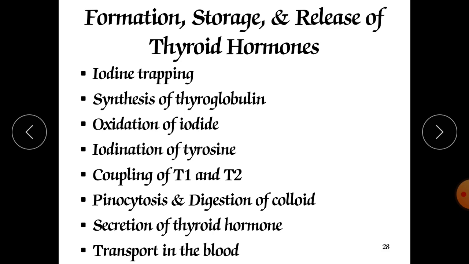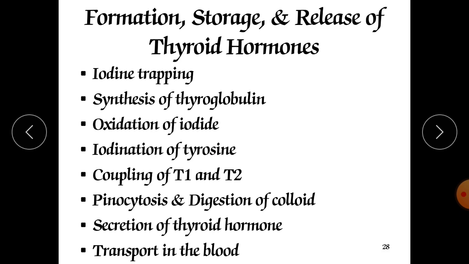And the second iodination produces diiodotyrosine, which is called DIT, means 2 molecules of iodine are involved here, and in the earlier stage 1 molecule of iodine is involved, monoiodotyrosine.